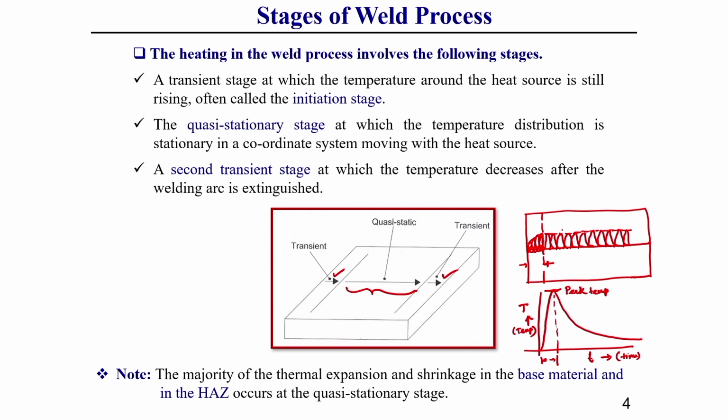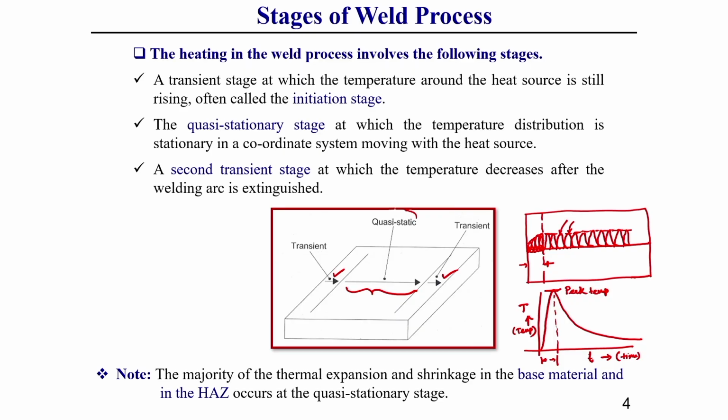Okay. Similarly, here also the peak temperature is this, the peak temperature is this. So, this peak temperature generally remains at a constant level, that you can see. So, this stage where the temperature profile does not change, that zone is generally called the quasi stationary or quasi static zone, which I have written in this figure, you can see.